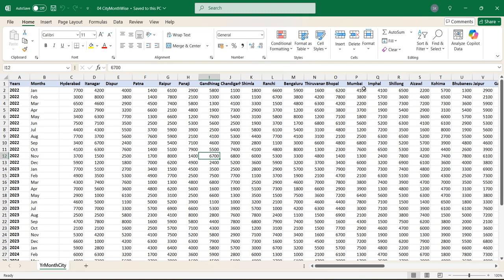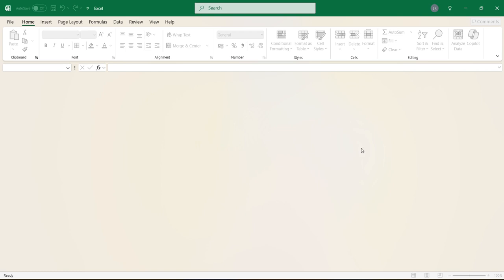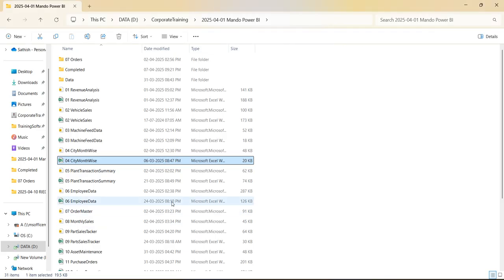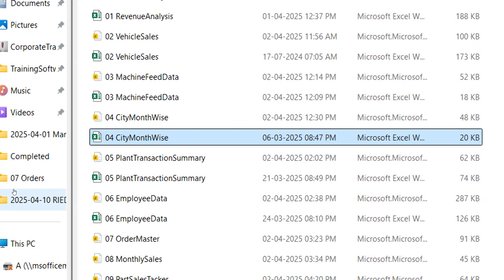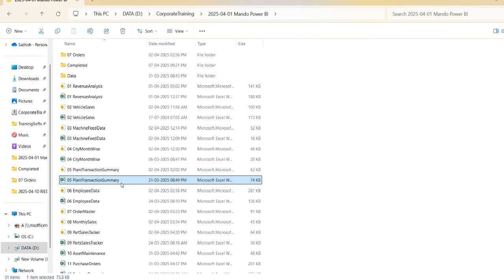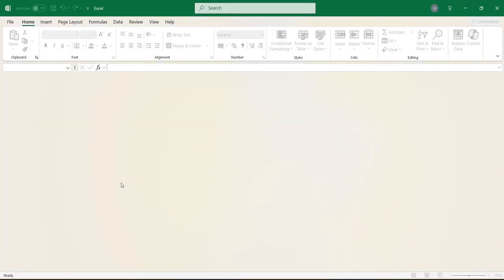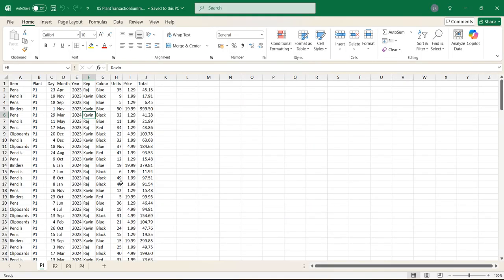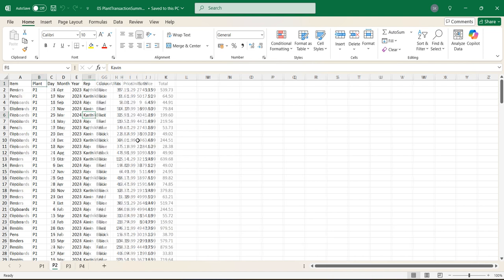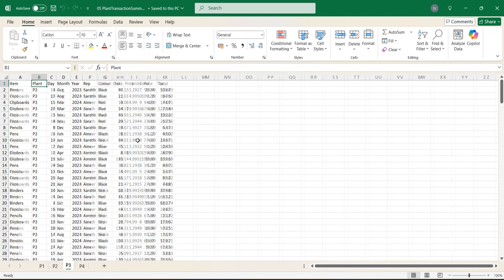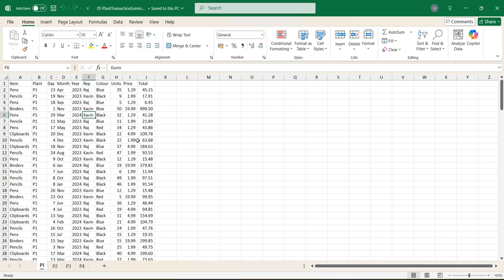Then, next one, I can see this plant transaction summary. So let me open that plant transaction summary. When I open this, I can see 4 or 5 sheets are available: plant 1, plant 2, plant 3, plant 4. All the data are available here, item names. But the problem between the first plant and second plant is we have an extra column called